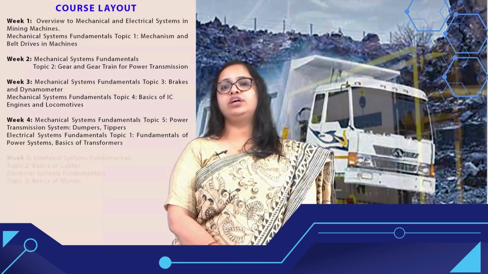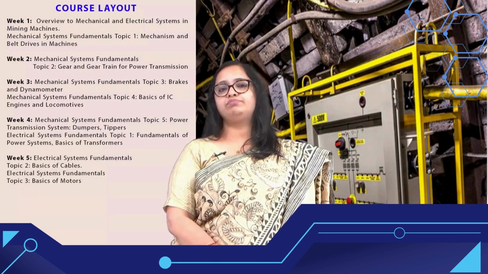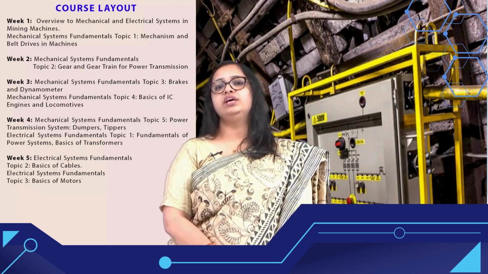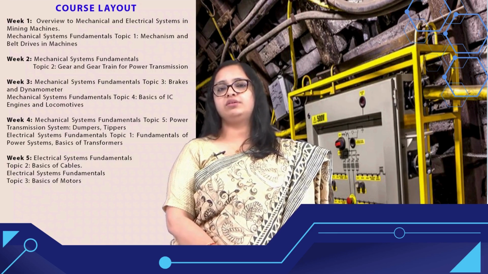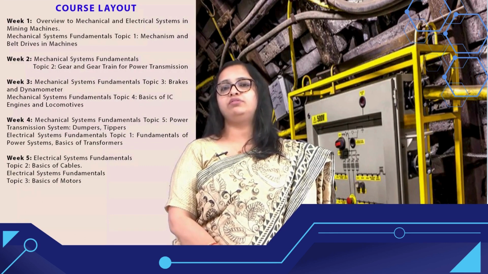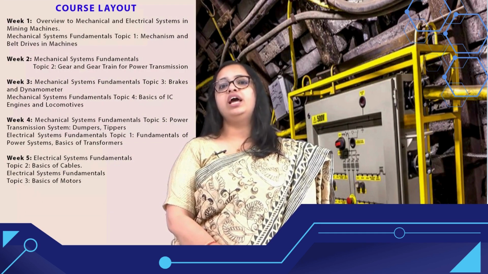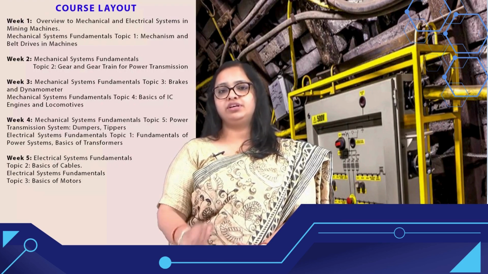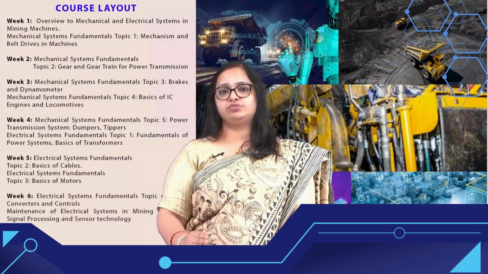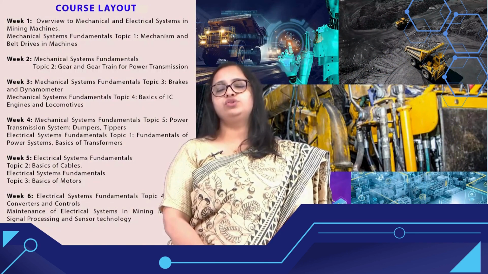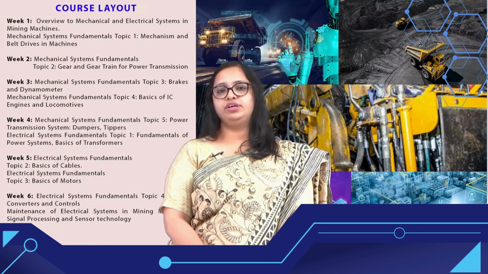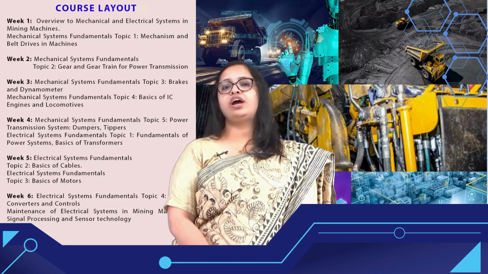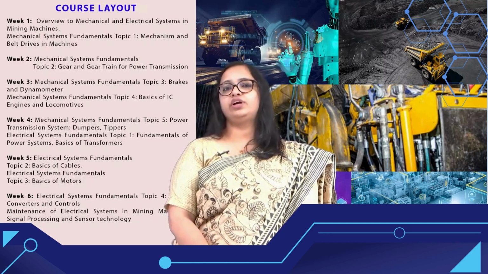Then we will be going to the complete power transmission that happens from the engines to the wheels or the crawlers of these heavy machineries. So, we will be discussing the complete mechanism of how power is generated at the engine, and then it gets transmitted to the flywheel, where the power gets stored, and then it gets transmitted to the clutch. From the clutch it goes to the gearbox, and from the gearbox it is transmitted to the universal joint, and then there is a propeller shaft, and then there is again a universal joint,